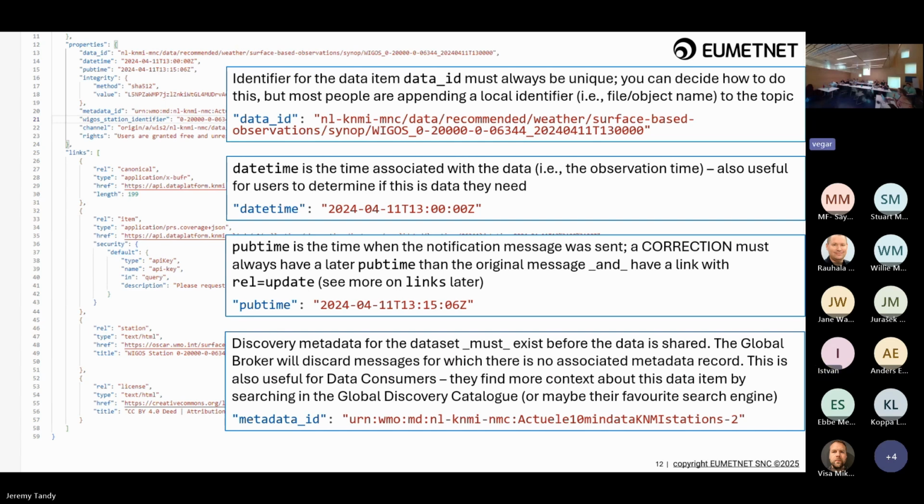On top of that, it's also really useful for data consumers to be able to use the URN for the metadata, and they can search for that either in a search engine or in a global discovery catalog, and then they'll find out the license, the terms and conditions, and much more detail about it, like you might have links to related documentation. So it's really useful in the message to put the metadata